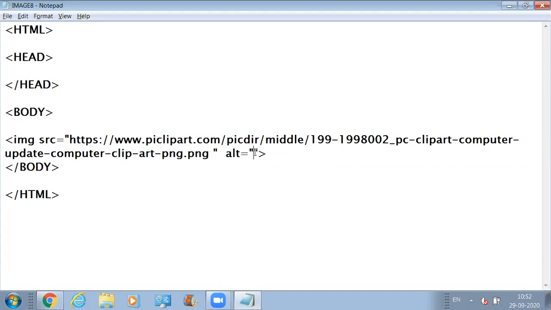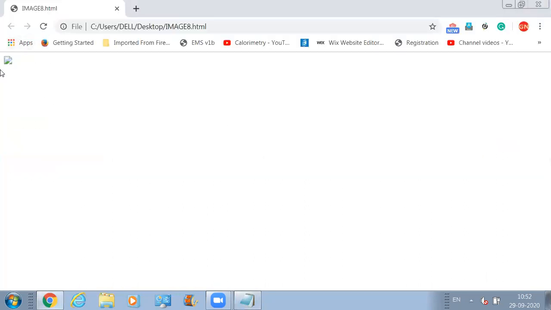Now if I write down here, the image is not accessible at present, what is going to happen? Besides this icon, I will be able to see the text also.